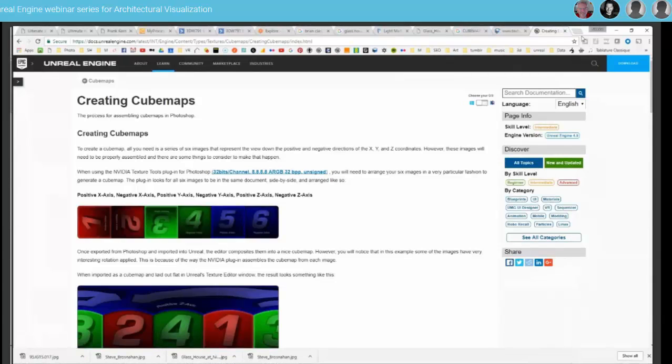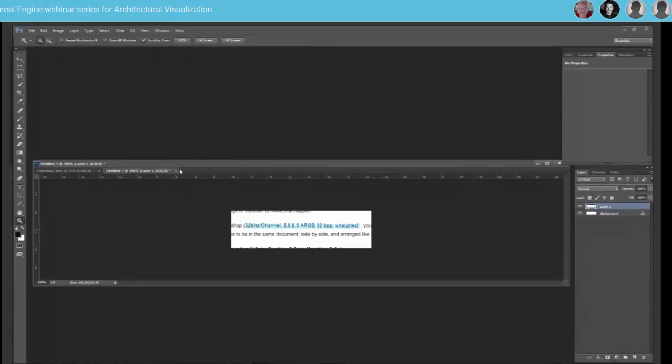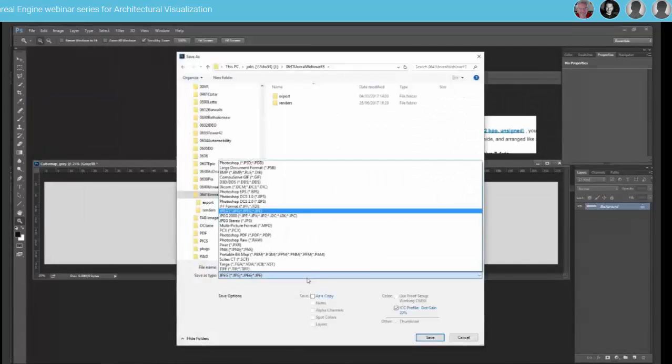I've turned down the white so that it's a little bit gray, and again, in the documentation there's this very simple page about creating cube maps for Unreal Engine, and I make sure I note down this complicated specification here. So I just copy that into Photoshop, and then what we want to do is save this long image